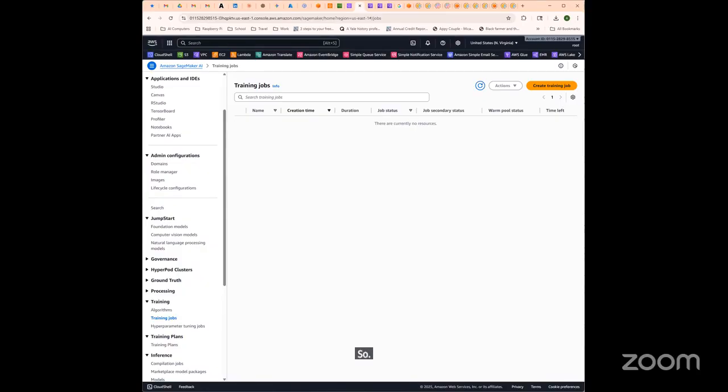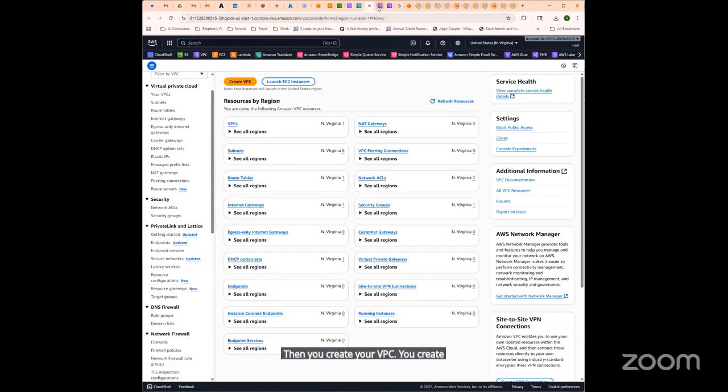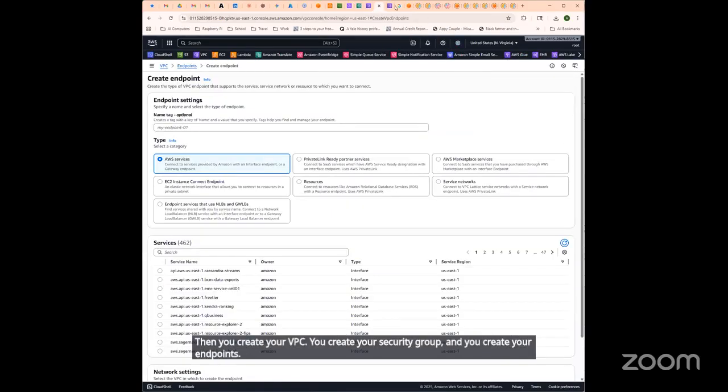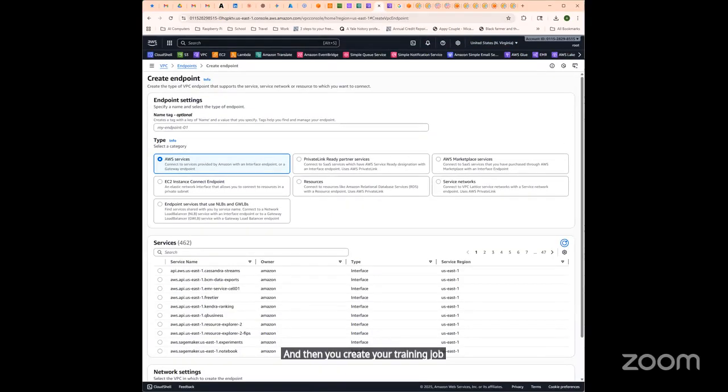So what was that in order? You need the EFS system, the FSX, right? You create that file system. You select all your throughput, IOPS, all of that. You create it. Then you create your EC2. Then you create your VPC. Then you create your security group. Then you create your endpoints. And then you create your training job. And at that point, you would have a solid best practice, secure, high throughput, high input output SageMaker and